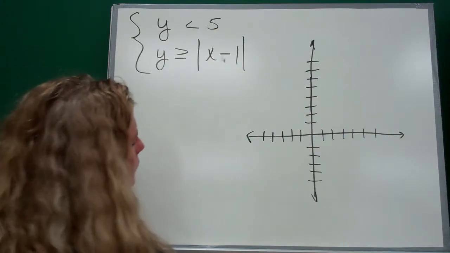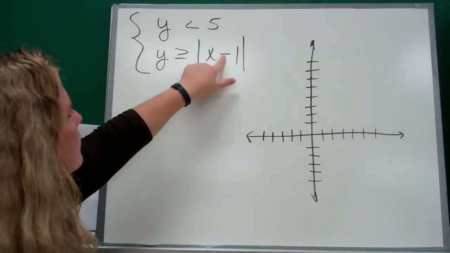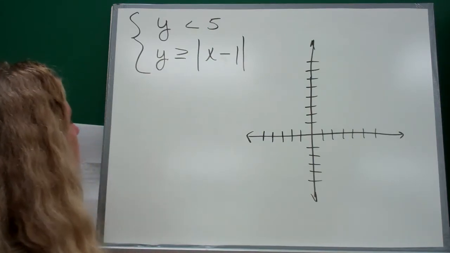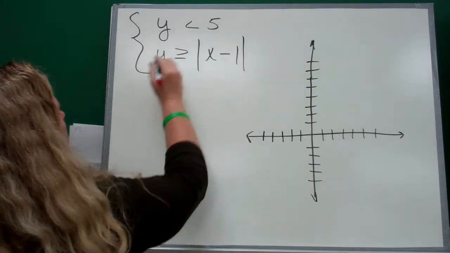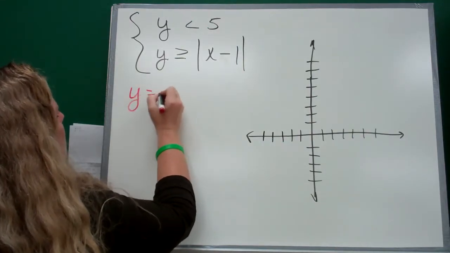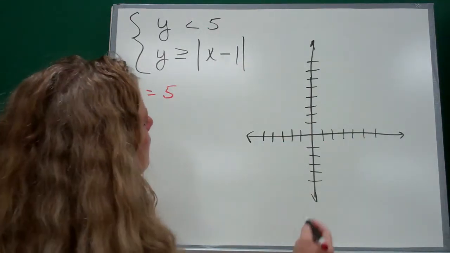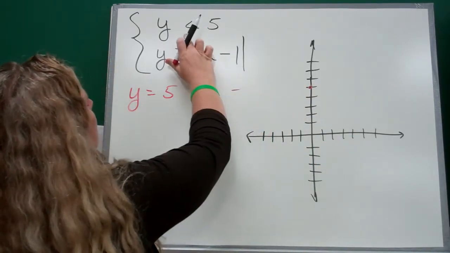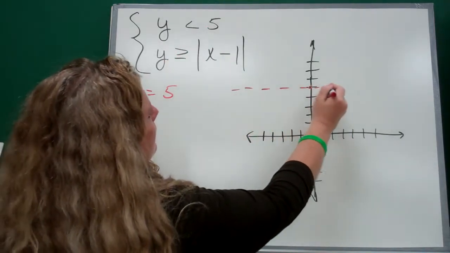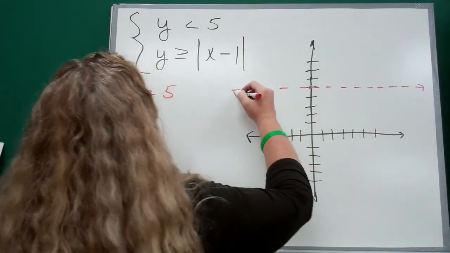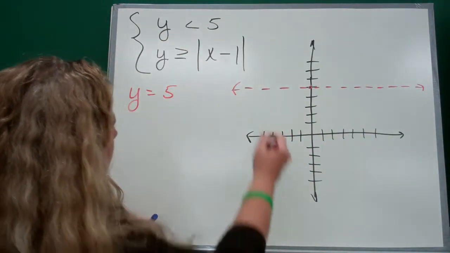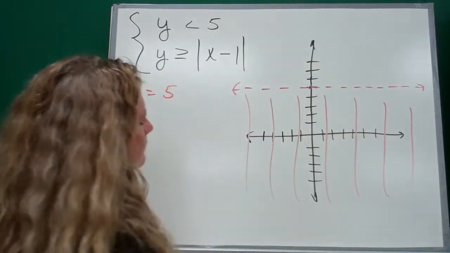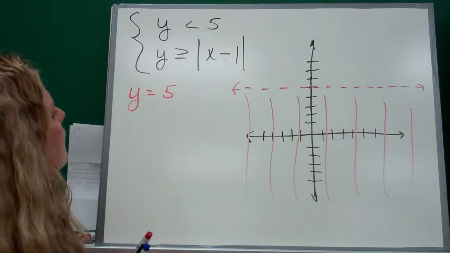Okay, here is one where we've got an absolute value as one of our boundaries. First of all, starting with the first equation, y equals 5. That's a horizontal line where y equals 5. And it's going to be dashed because it's just a less than. And where is y less than 5? Everything below the line. Okay. Then